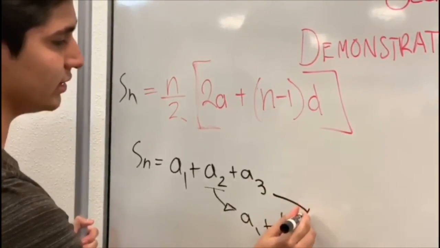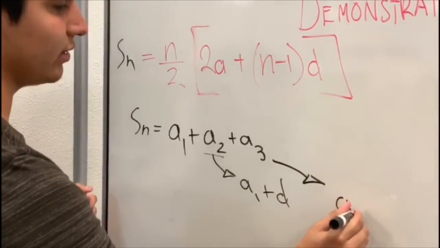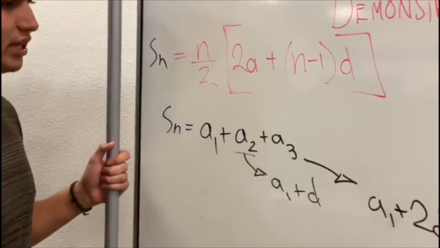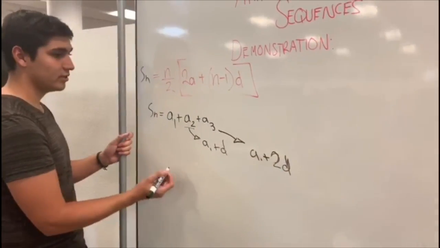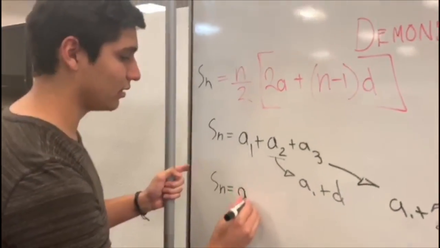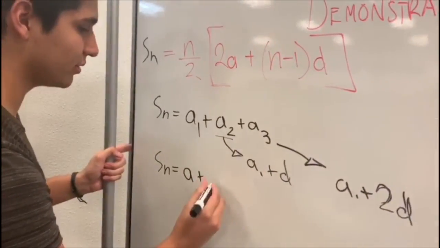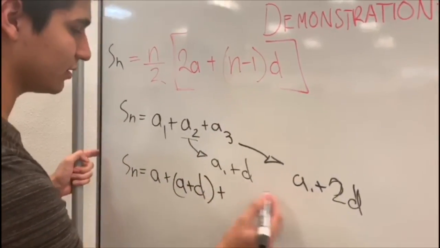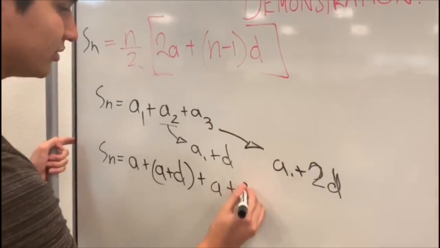Then this is going to be A1 plus 2d, so 2 times the difference. So then we're going to make a new series, calling A plus this term, A plus d, plus A plus 2d,